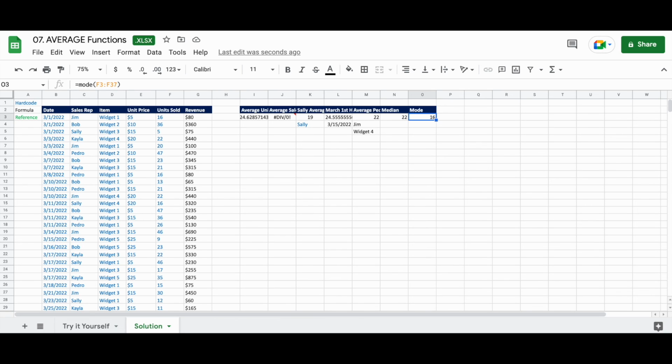So to sum everything up, the average family of functions are extremely useful when trying to find the average of a given range of cells. You can count on this session to help you understand how the different average functions work, in addition to learning median and mode and examples of how they can be used with a sample data set. And let's keep taking your spreadsheet knowledge beyond what you thought was possible.